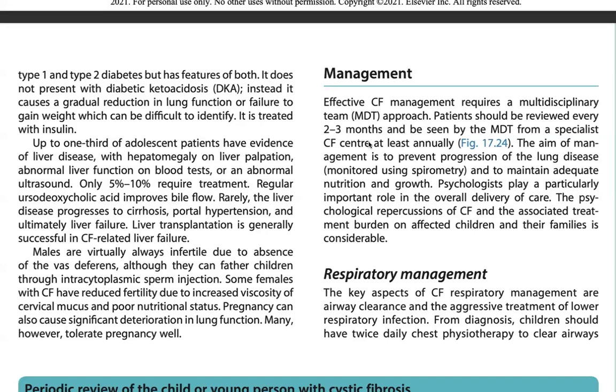Management: cystic fibrosis management requires a multidisciplinary team approach. Patients should be reviewed every 2 to 3 months and be seen by the MDT from a specialist CF center at least annually. The aim of management is to prevent progression of the lung disease, monitor respiratory status, and maintain adequate nutritional intake. Psychologists play a particularly important role in the overall care. The psychological repercussions of CF and the associated treatment burden on affected children and their families can be significant. Key aspects of CF respiratory management are airway clearance,